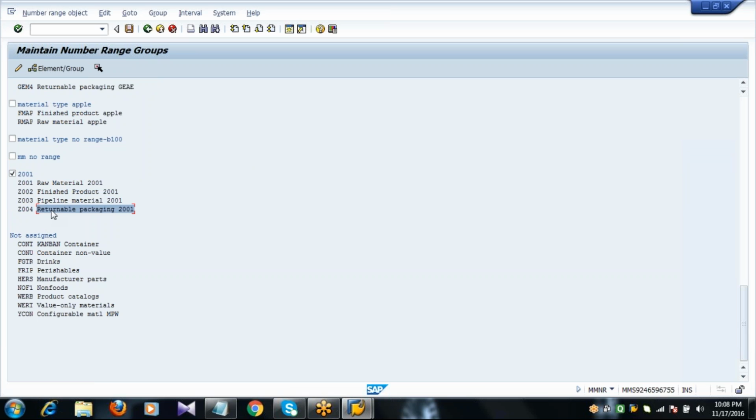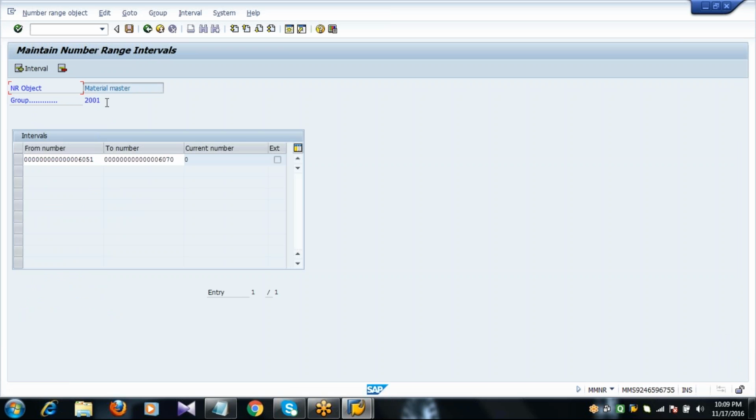So what does this mean? It means whenever you create a material master with these material types Z001, 2, 3, 4, etc., the system will take the number within the range you have maintained for this group. If you want to know what number ranges you have assigned to this group, you activate it and click on this maintain.